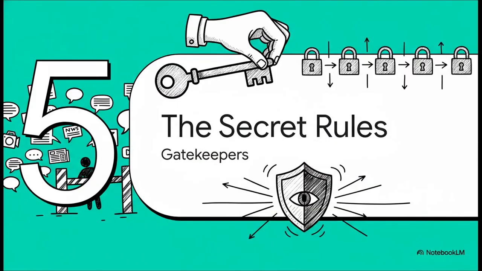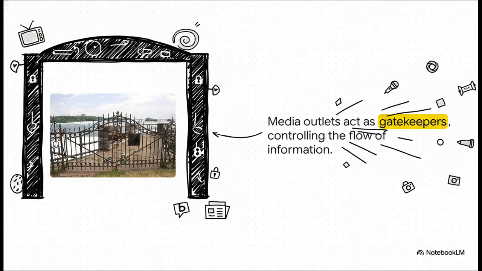But wait, who decides what information we get, or which interpretations are offered? That brings us to a really powerful idea for understanding how media truly works: the role of the gatekeeper. It's a simple but really effective metaphor. Imagine every media outlet, from a huge news network to a small blog, is standing at a gate. They get to control the flow of information, deciding which stories and which voices get to pass through to the public and which ones get left behind.